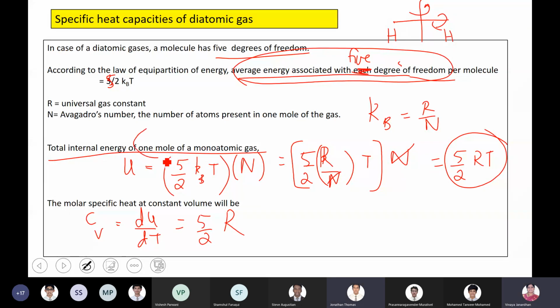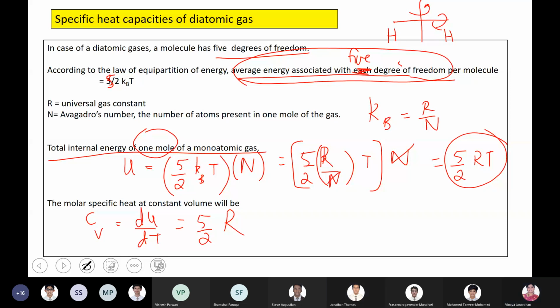Ma'am, does that constant have a value that we should know? Which constant? All the constant values, Boltzmann. If it is Boltzmann's constant, or Avogadro's number, or even for that matter R, the universal gas constant, all these values you need not know by heart, boys. In the instruction page of your question paper, these things will be mentioned. Only the expression you should know. Boltzmann's constant kB is equal to R upon N. Only that much you should know.